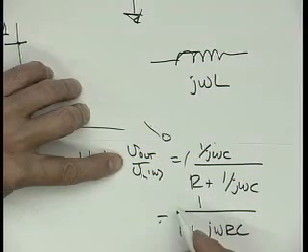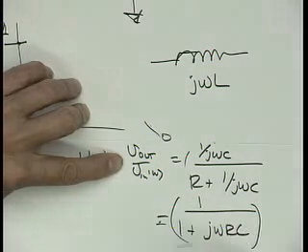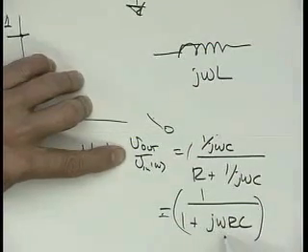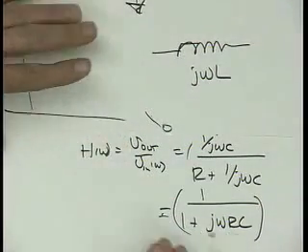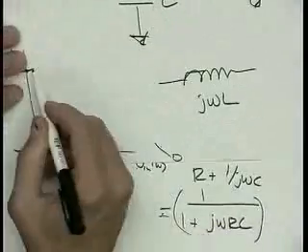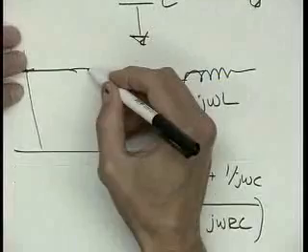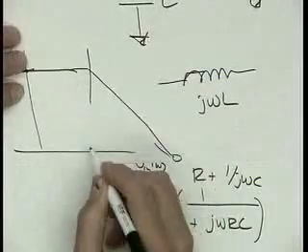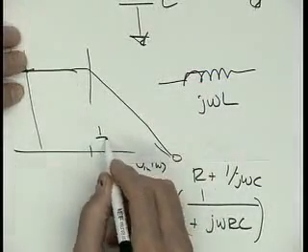So this is actually in a very standard form, and we'll get everything in this form. We have 1 over 1 plus something, okay? And what we will do is, if we plot this, what we will find is that it looks like this. This goes out, and at the frequency 1 over